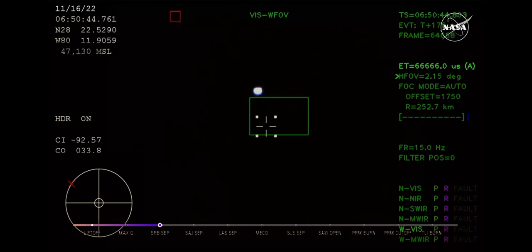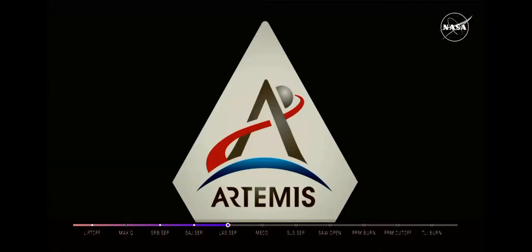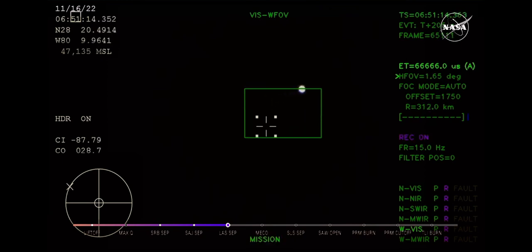the launch abort system separation. Just over 3 minutes into the flight of Artemis 1, now traveling over 4,060 miles per hour, 83 miles downrange. We just had confirmation that the service module fairing has separated, and that the launch abort system pyros have fired, separating those from Orion as well. For future crew members,